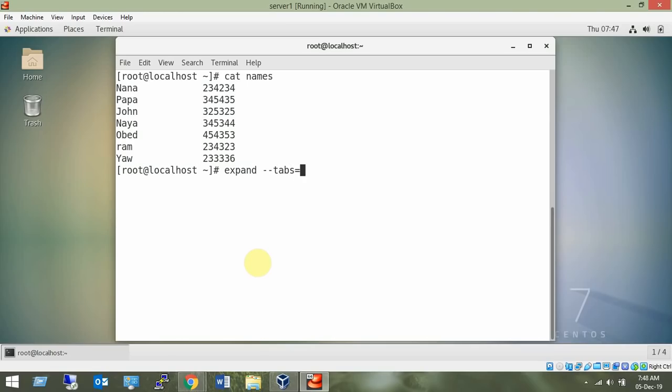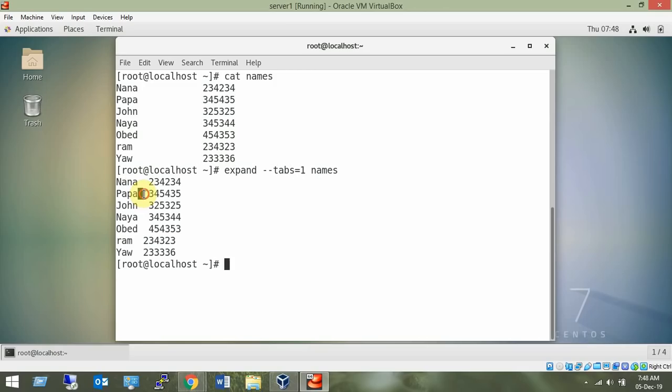Now I want to convert one tab into one space, and the file name is names. Now you see there were 2 tabs, so you will find 2 spaces here. Each tab is converted into one space, so 2 tabs were converted to 2 spaces. That's the purpose of this command.